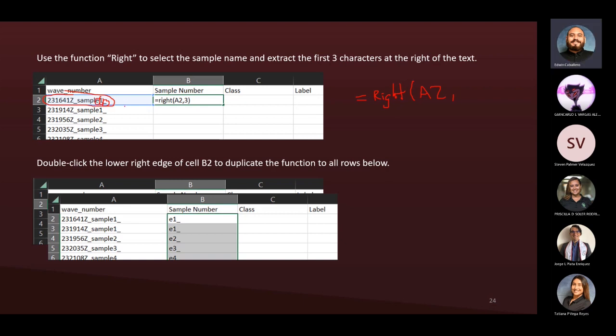So once I hit enter, it's going to create this specific text right here, which is the first 3 characters at the right of the text. And if you double click the lower right part of the cell, you can basically copy that function to all the other cells in that specific column. And in that way, now you have